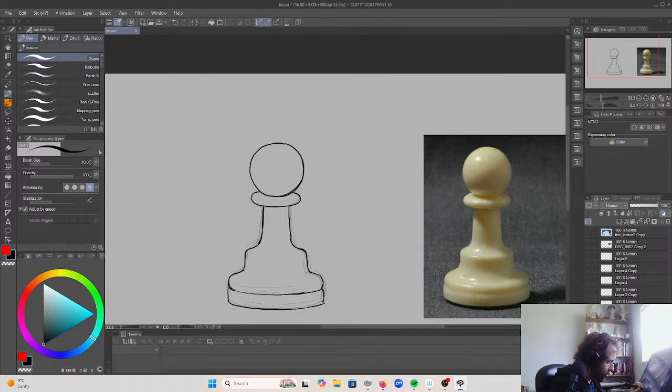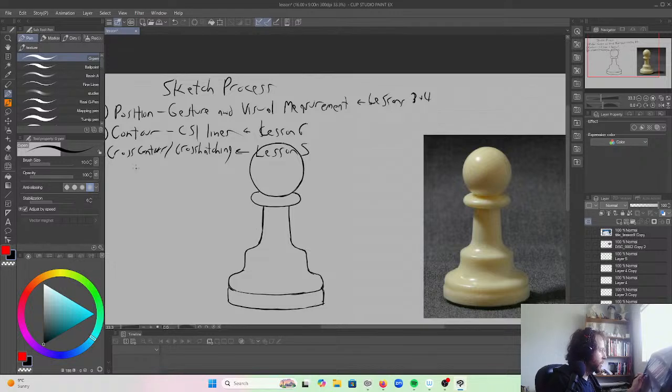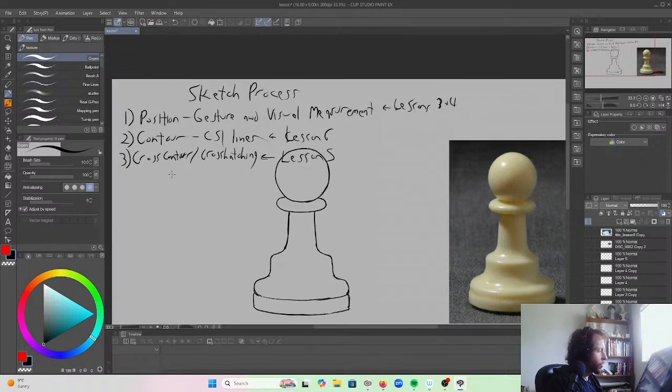And there's step 2. I could probably tighten this up a little bit, but I'm pretty happy with it. And I could stop here, and I think this is a pretty decent drawing of the chess piece. It definitely looks like the thing that it's supposed to look like, which is the goal. But I could also add more information, and that is where our final step comes, which is the cross contour